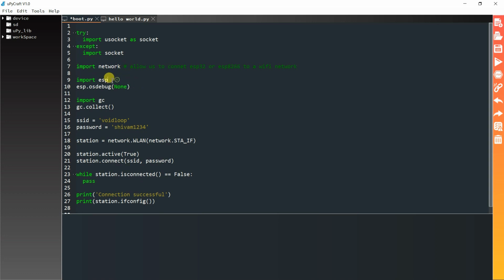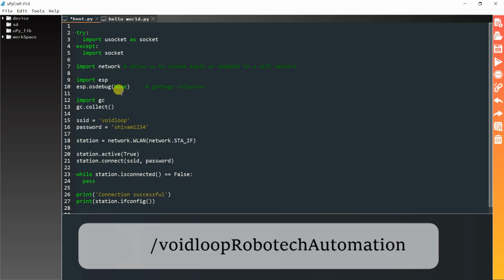After that, I import the ESP library, and this is the garbage collector, and this is our router SSID and password.